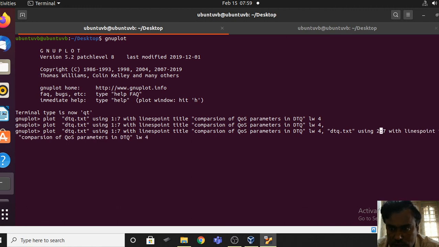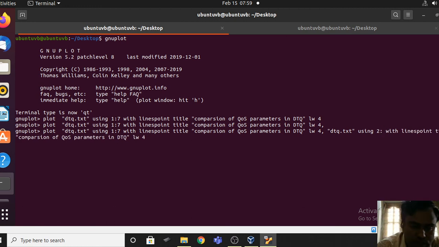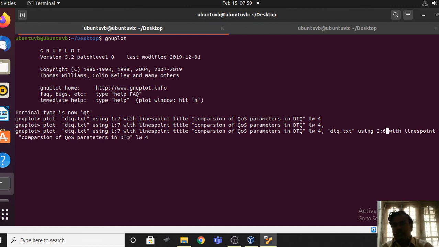Two versus say 6. You know, right? What is your second column? What is your sixth column? Sixth column is capacity. Second column is I think sent packets. So if you want to make any changes with respect to title, you can make.